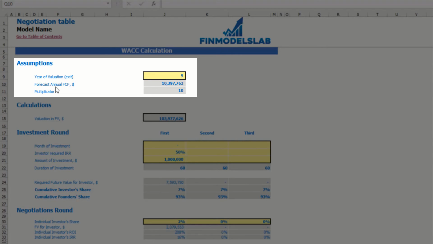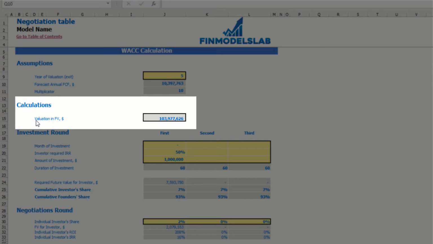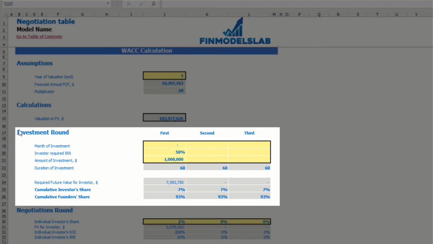You can see the calculation of forecast annual free cash flow and multiplicator based on the Valuation tab. Here is the calculation of valuation in future value, also based on the Valuation tab. Then we have the assumptions and calculations for 3 investment rounds. The first one is the month of investment. You can say month number 2, for example. Investor required IRR, for example 45%,